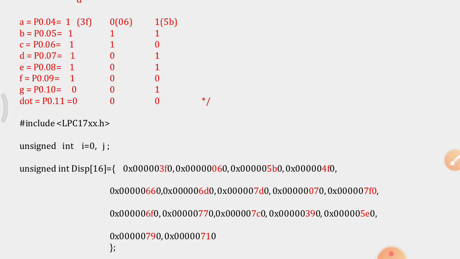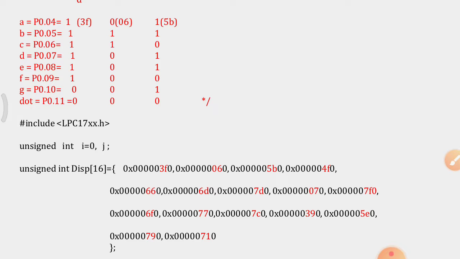So for address 0 it is 3F, which is to display 0. Then the first address is 06, to display 1. Second address to display 2 is 5B. Third address to display 3 is 4F. It goes on: 66, 6D, 7D.